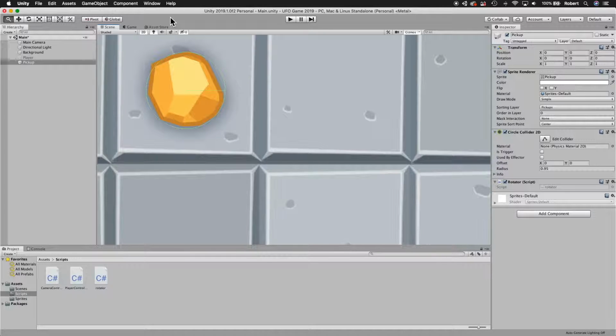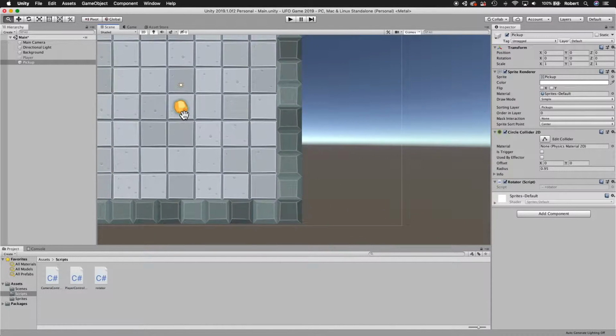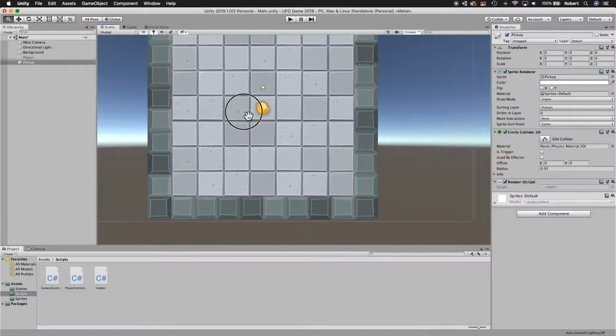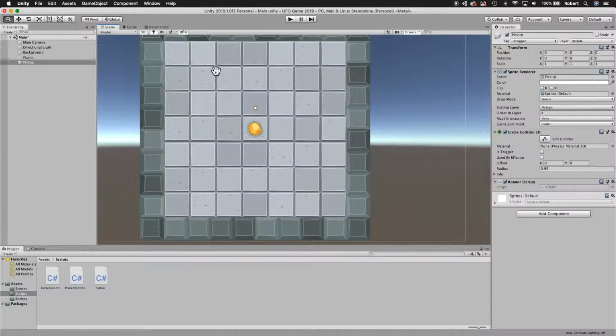Well, now that I have the movement of the pickup just the way that I want it and just the speed that I want it, I want to make a bunch of these and, in essence, copy and paste them around the game area so that the UFO can capture them. Well, in order to do that, instead of making a bunch of copy and paste, I'll use Unity's prefab approach. In a prefab, you can think of that as kind of like a class object relationship